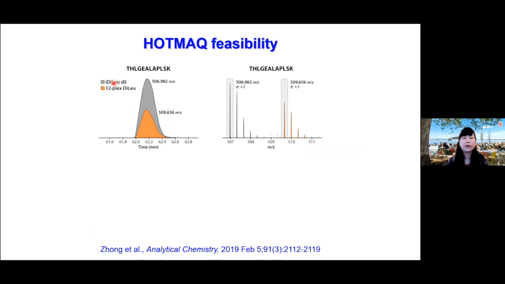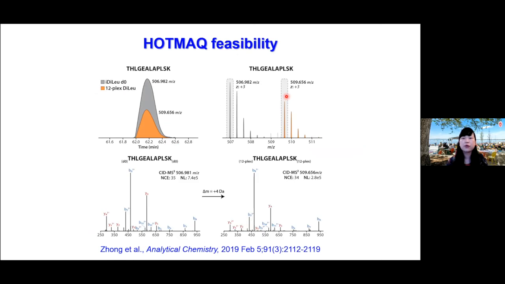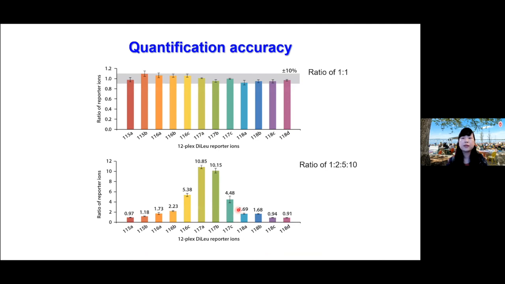So here we have an iDiLeu D0 labeled TTR tryptic peptide to spike in the 12-plex DiLeu labeled CSF samples. And here, 2 of these cluster peaks show, again, a 4 Dalton mass shift. So we can use the D0 labeled peptide to trigger this real sample, the 12-plex DiLeu sample. As you can see, they show identical mass. And this would allow us to actually quantify all 12 channels and look at the quantification accuracy with 1:1 and